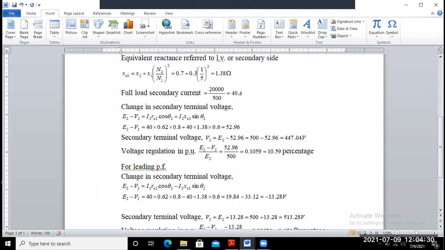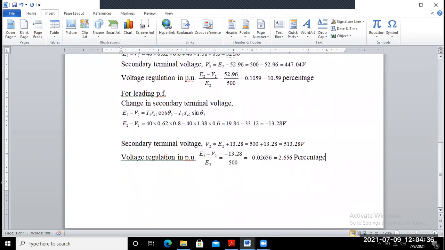In one more problem, your parameters are given in per unit, equivalent resistance and reactance referred to the secondary side, and you already know how to find the voltage regulation. So just for your given power factor, that means 0.8 power factor lag. And if the primary voltage is given, also find the secondary voltage referred to either side. So you practice some problems, then you will get more fluent.